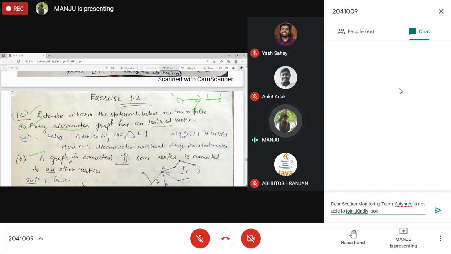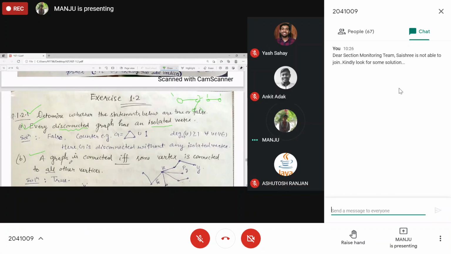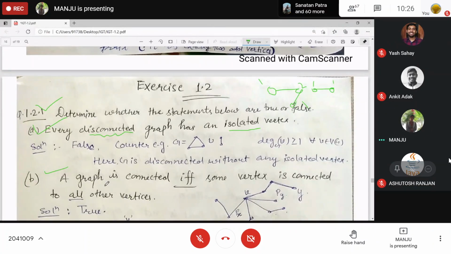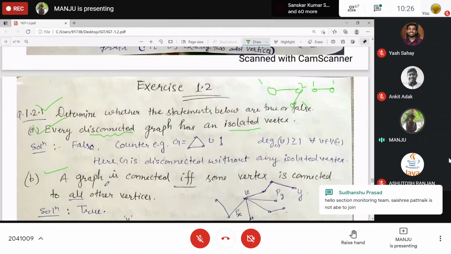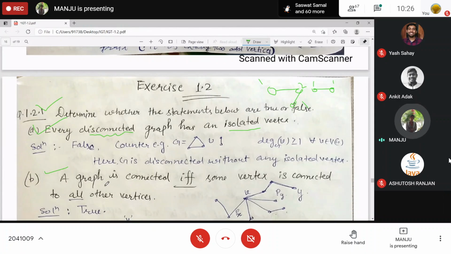What do you understand by connected graph? There is a walk between any two vertices. Yes, or you can just say there is a path between, because every walk contains a path. So G contains a path between every two vertices, or every two vertices are connected in G. So if every two vertices are connected, then you can take any one vertex, and that will be connected to all other vertices. So you can choose a particular vertex.